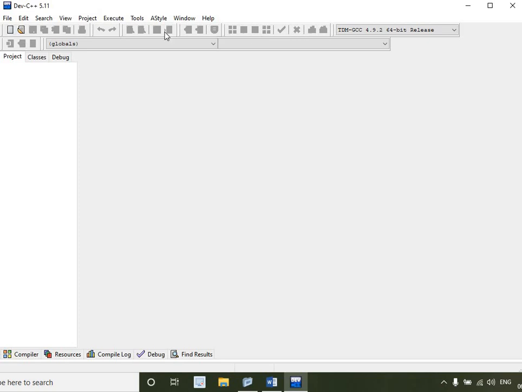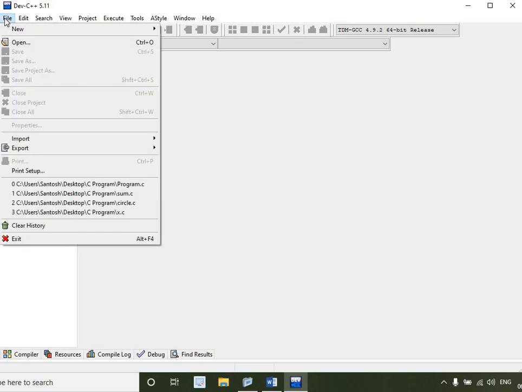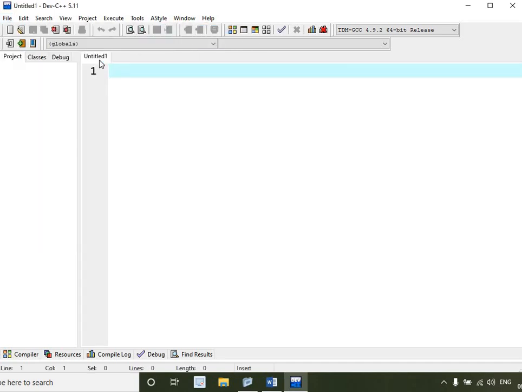To write the C program, first we click on file, then click on new, then click on source file. Remember: file, new and source file. Click on this one. Then here you can find untitled. In this place you can type the code, whatever C program you want to type.